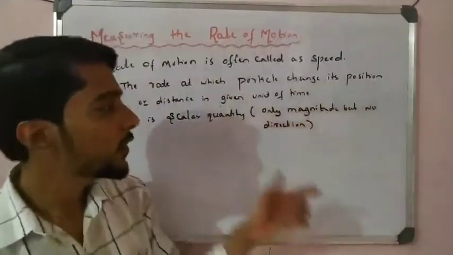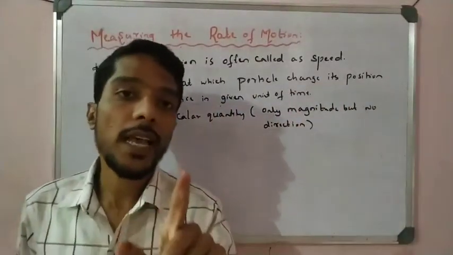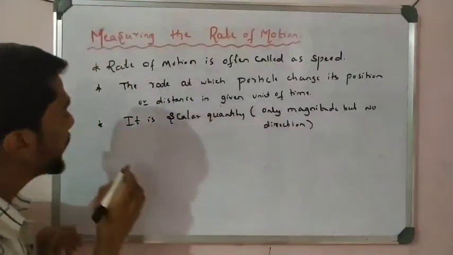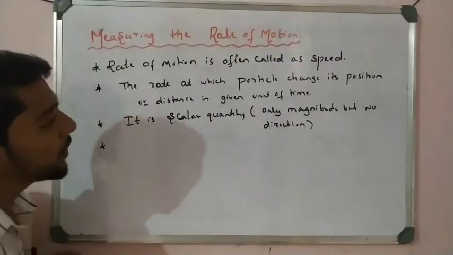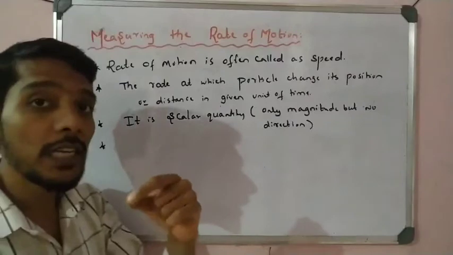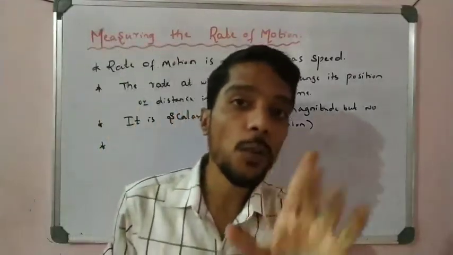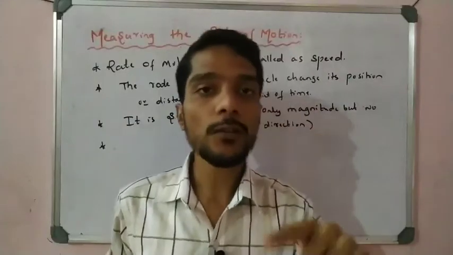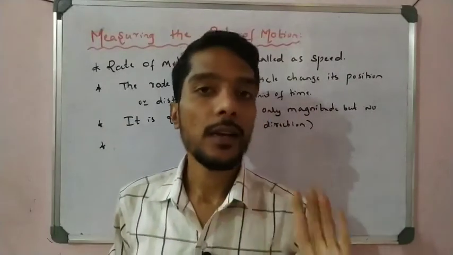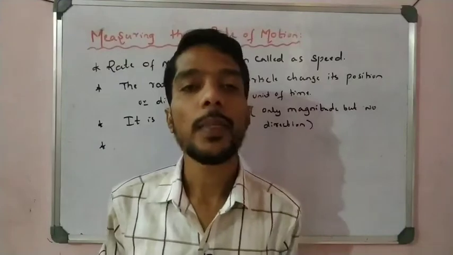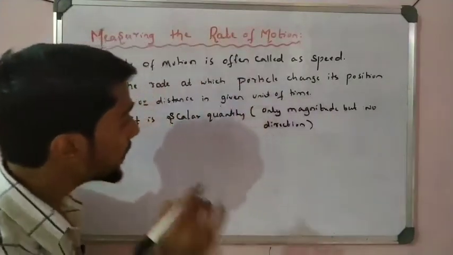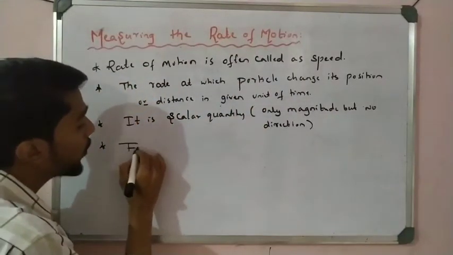Which physical quantities are scalar quantities? You have to remember that point, right? Now if they ask what is the SI unit of speed, it is simple. Before going to the SI unit, I can take the formula of speed here. If you understand the formula of speed, you can easily work out the SI unit of speed. So first take the formula to calculate speed.